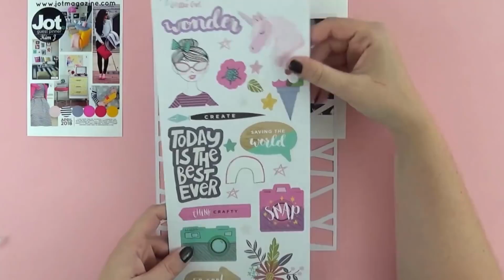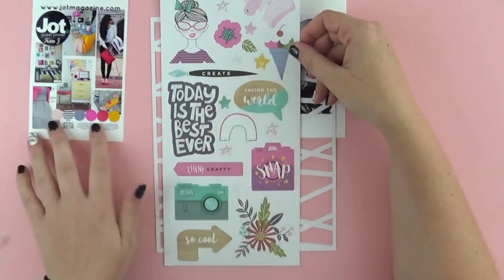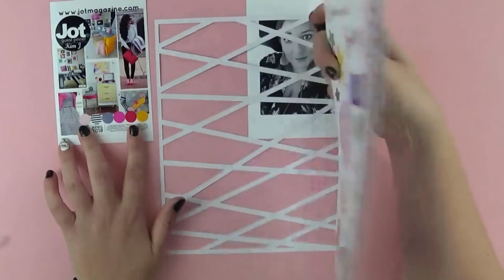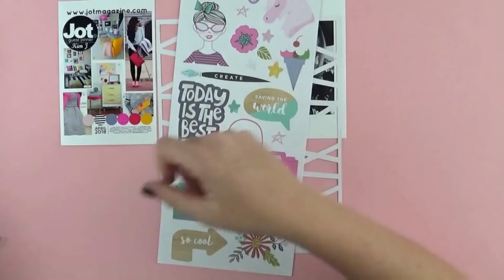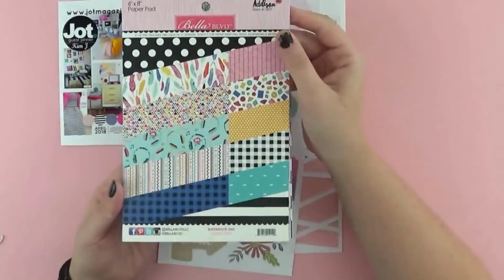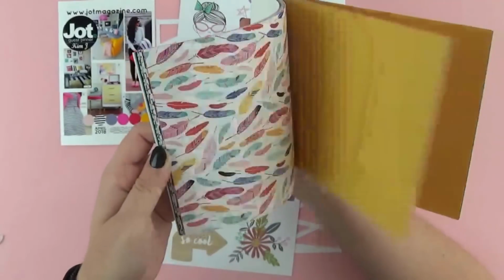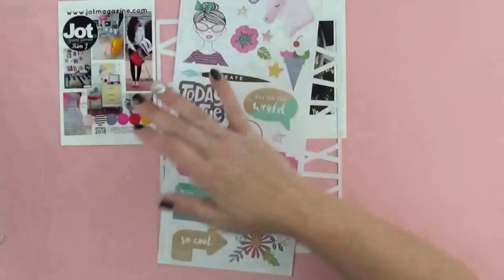I've got the Glitter Girl collection by Chanel because I thought that the bright pink in this, as well as some of that yellow, some of the deeper pink as well as black and white elements and light pink, would work. As well, I have the Addison collection by Bella Boulevard, which is nice and bright. It's got your black and whites as well as pretty much most of the colours that are in this colour